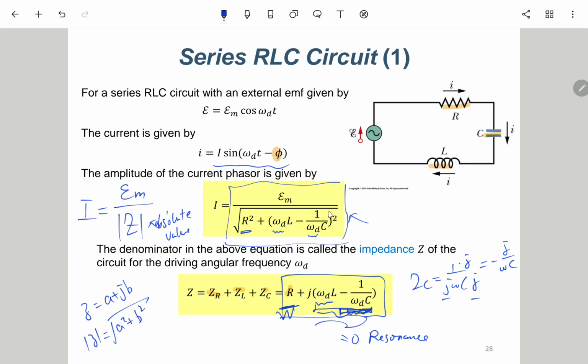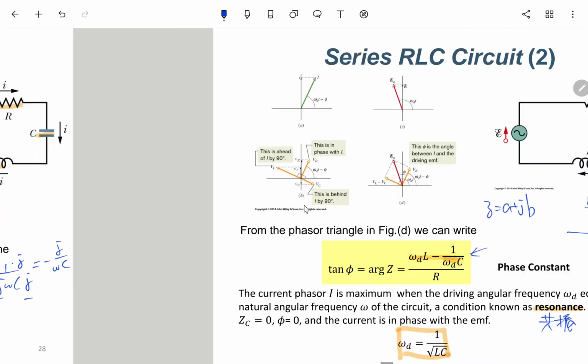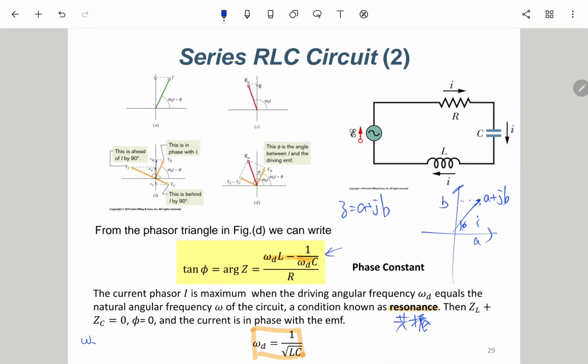Because we have a square here, if we take this to be 0, then the denominator will be minimized, so the whole thing will be maximized. 就是我们想把这个电流的振幅取到最大，EM 不能动，R、L、C 都不能动，那我们只能找一个 omega d 出来，让这个 impedance 的虚部为0，那分母就会最小，整个会最大。